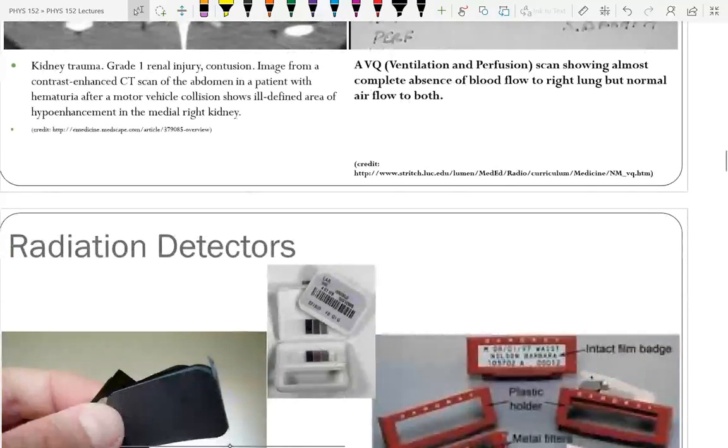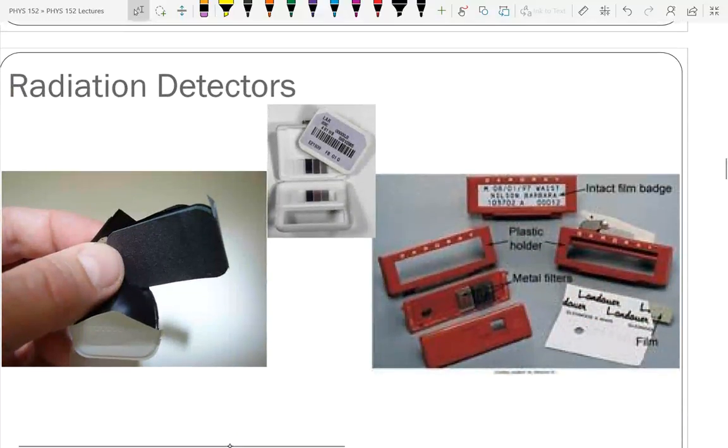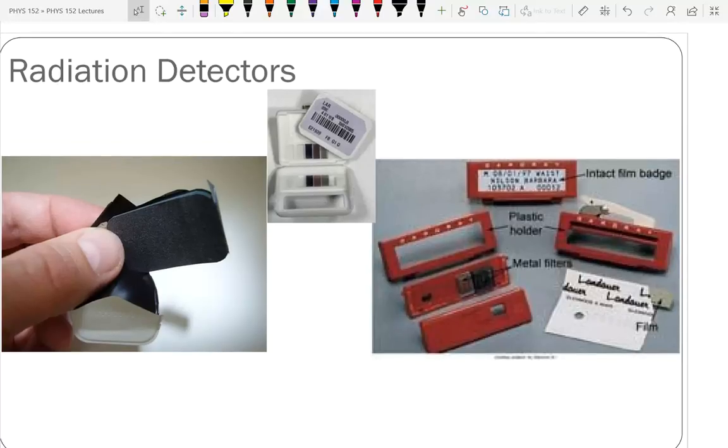So those are things that I've had. In medicine, we use these things so you can look for the radioactive emissions and determine where, in my case, blood or air was. We also want to make sure that people like the radiologists don't get a dangerous dose of radiation because radiation can be bad. Why can radiation be bad? It's not enough to say, well, duh, right? Well, duh doesn't mean you understand why it's bad. It's just, well, I've been told it's bad. I believe it. Radiation can be bad because radiation can break bonds.